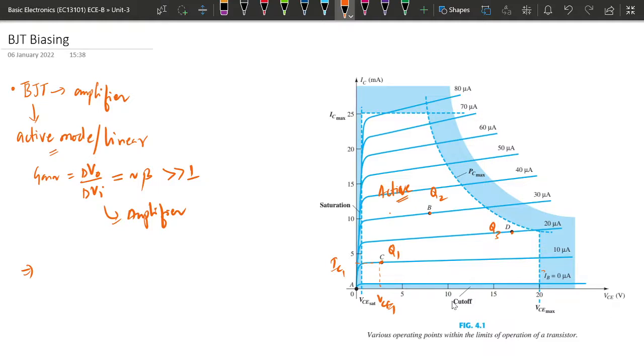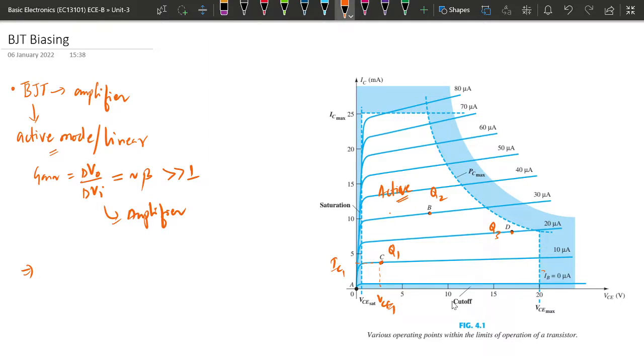This IB current is the input current, and the input current will be set by the user. Based on whatever voltage we apply to the input side, the Q point will be decided by the IB current. We will see how we decide this Q point and what the advantage is of the Q point at C, the Q point at B, and the Q point at D. Are there any advantages or disadvantages associated with these different Q points, and which Q points need to be used so that we have the minimum distortion?